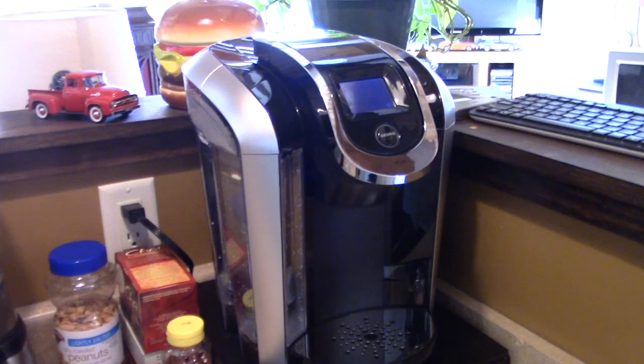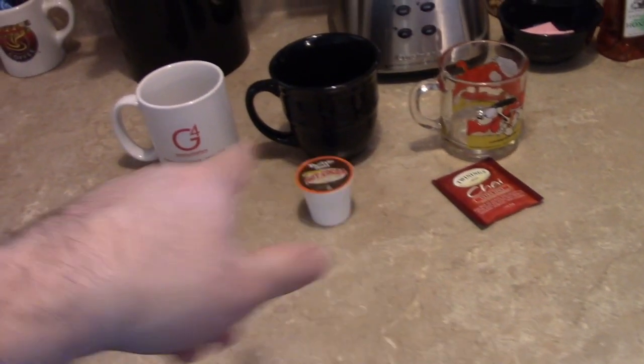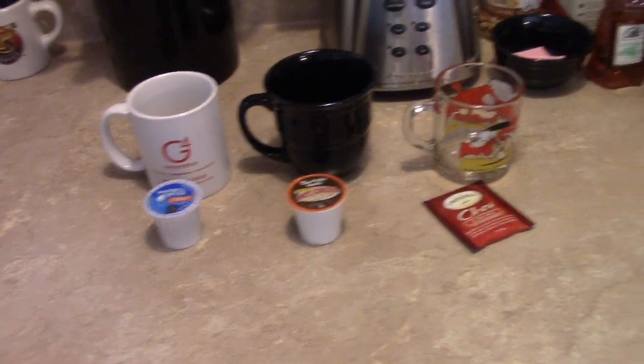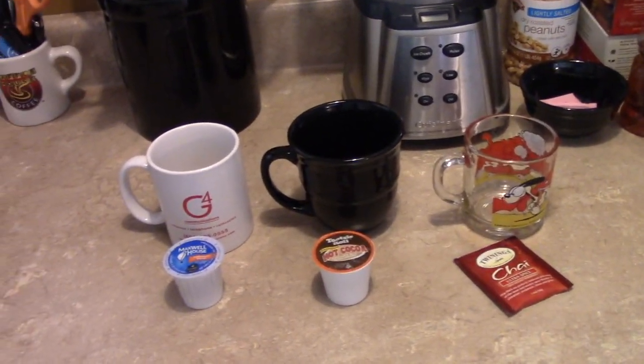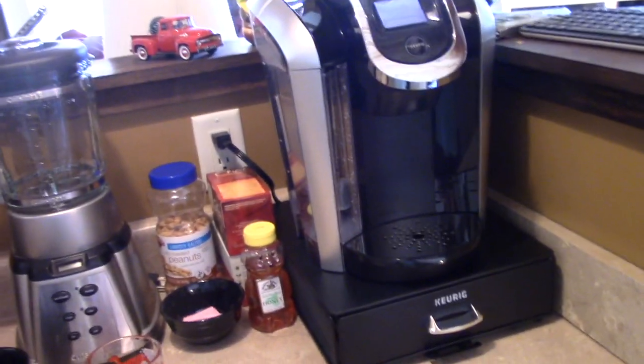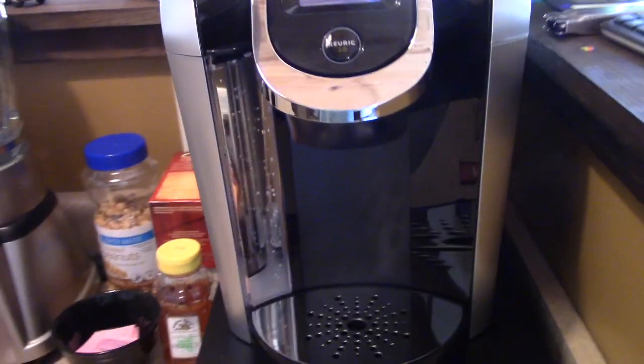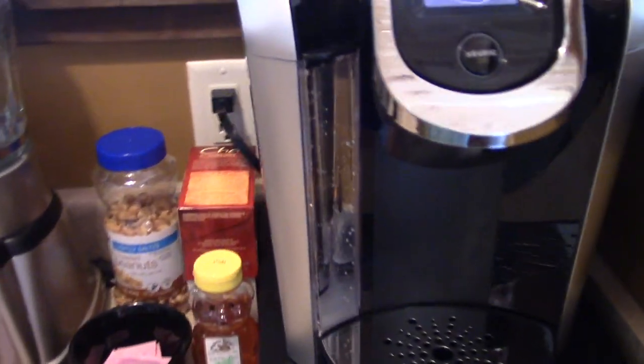Okay, let's take a look at the K425 and see what kind of features it has. We're going to make all 3 of these cups of coffee using different settings so you can see what the K425/475 offers. Now, the K425, 475, or just the K400 series, offers a 70-ounce water tank,